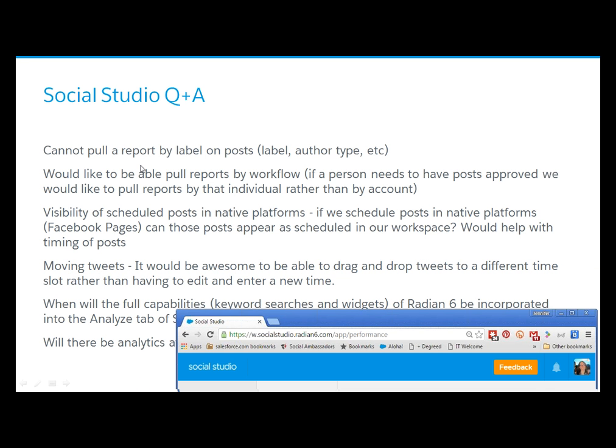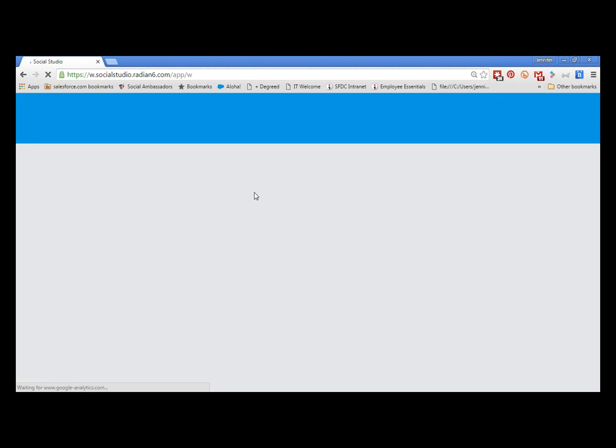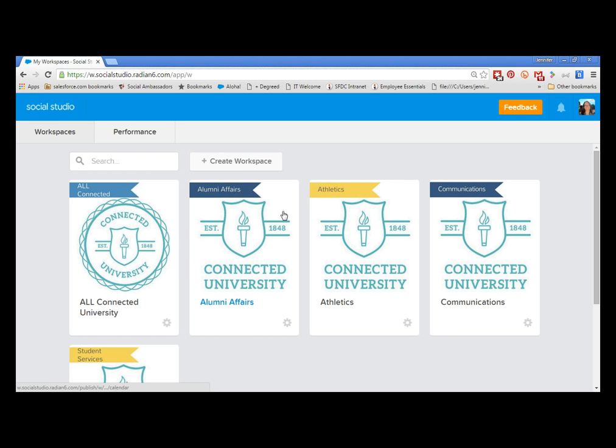So that's the answer of label on post. Yes, you can. You want to be able to pull reports by workflow. This is more about if a person needs to have a post approved, we want to be able to pull by that individual rather than by account. Oh, I get that now. You're talking about for your